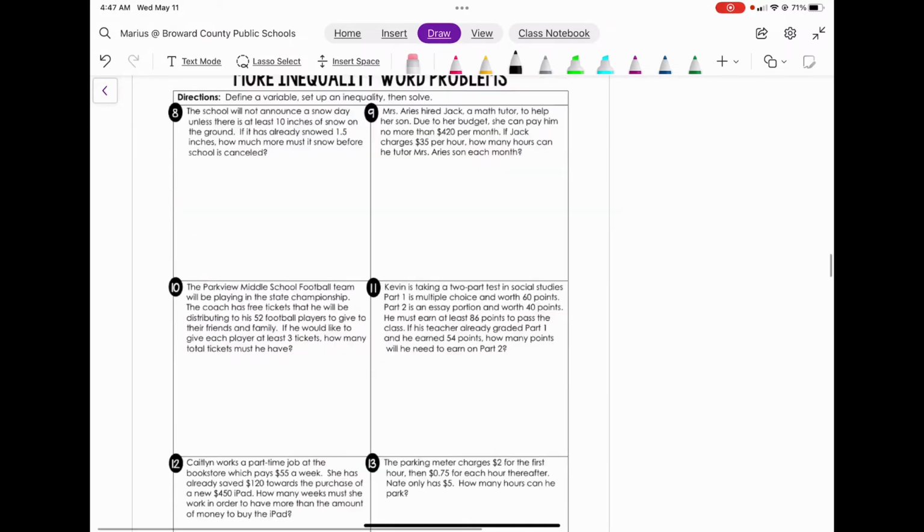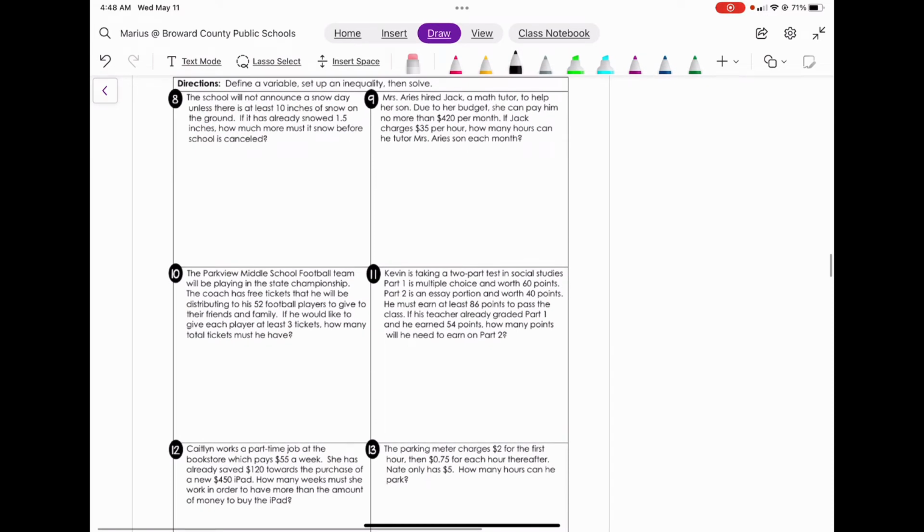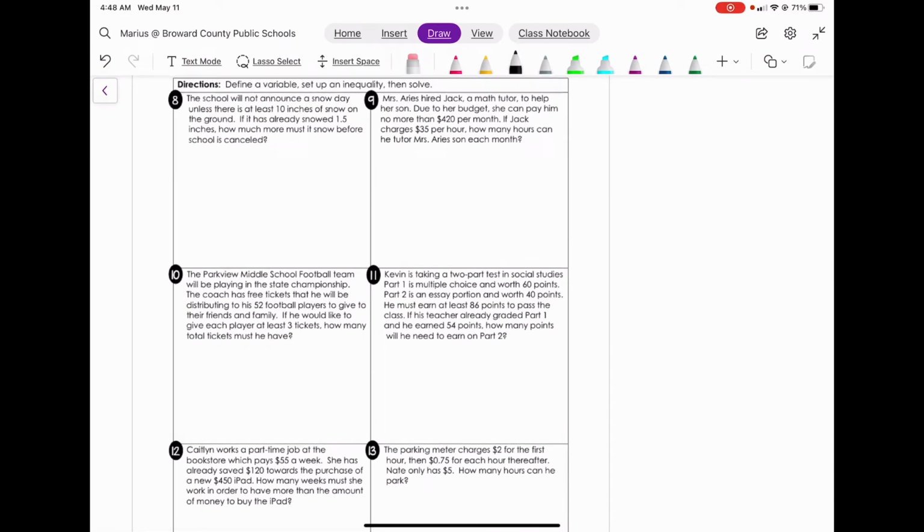I'm going to ask you to take a look at some of these word problems. Number 8 reads, the school will not announce snow day unless there is at least 10 inches of snow on the ground. If it has already snowed 1.5 inches, how much more must it snow before school is canceled? All right, so